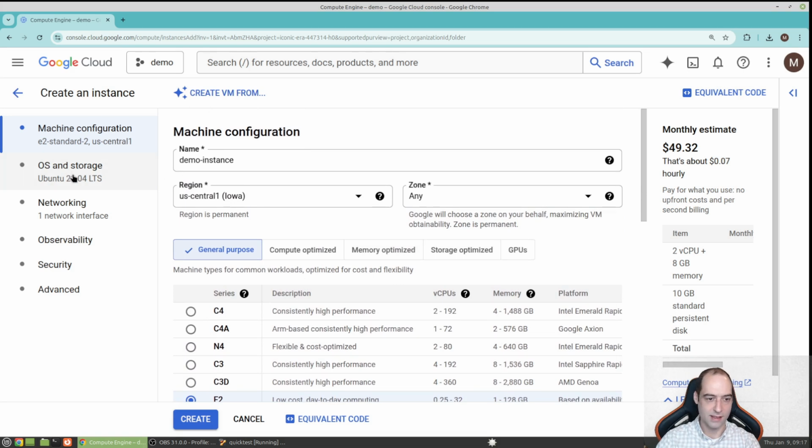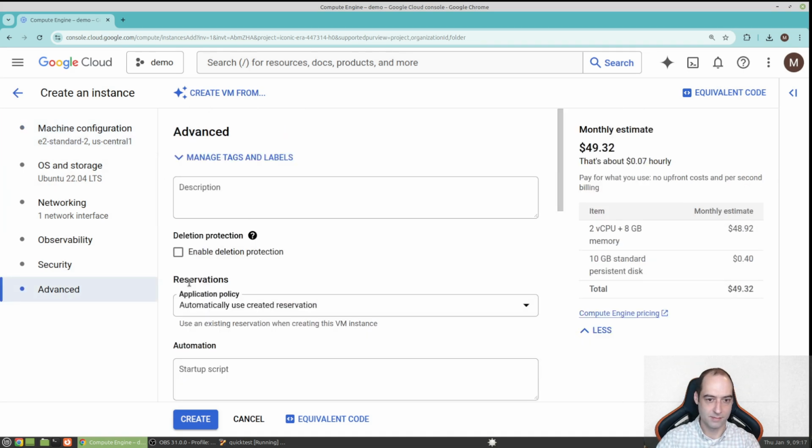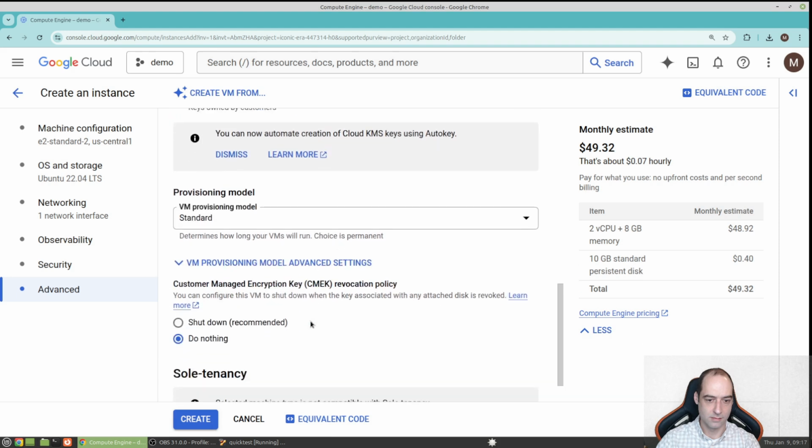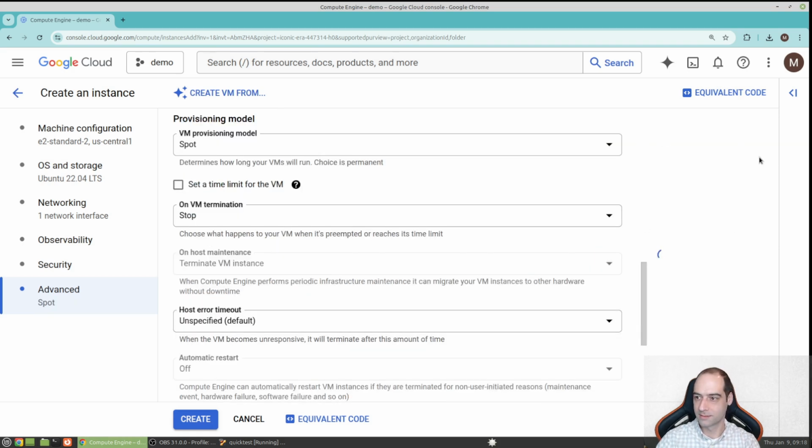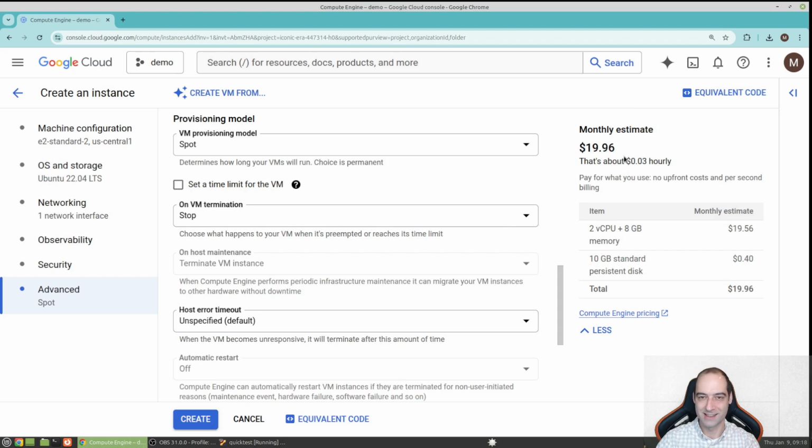I know it is in here. There we go, VM provisioning model. So 4932. That should take us down to 1996. So the difference being, if I had a